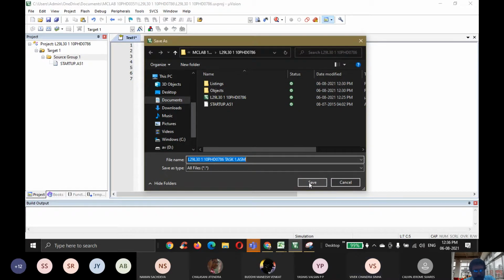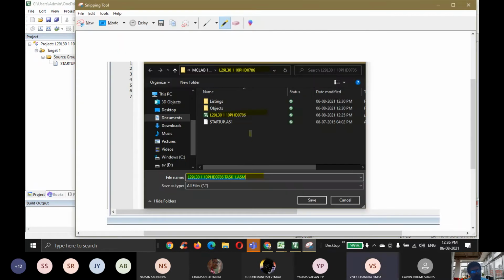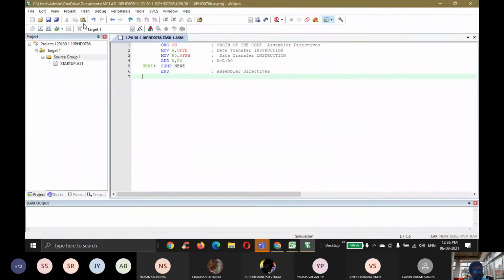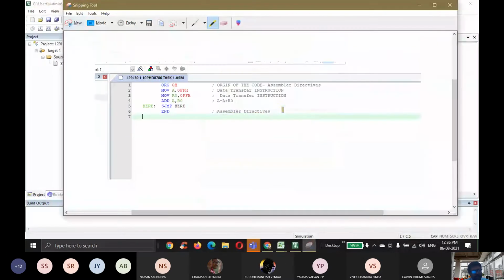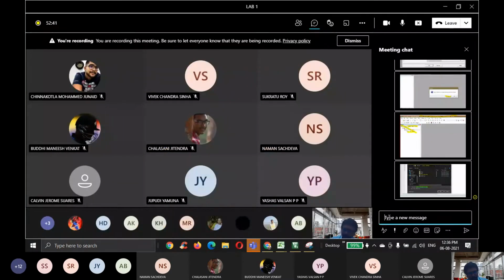Okay. When you save, we are not writing a C program, so automatically you can see the color changes. If you save as .c, this color will not change, so it will be an error later on. Okay. So now you can view the before and after, how it looks. See the color change. You can see the comment, whatever you have given as a comment, in one color.